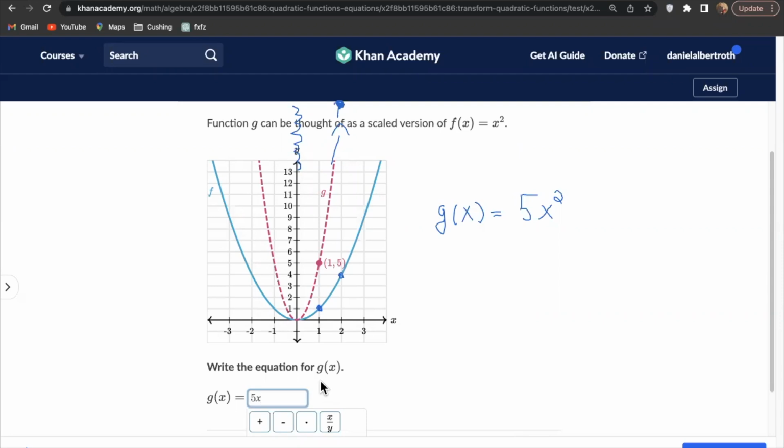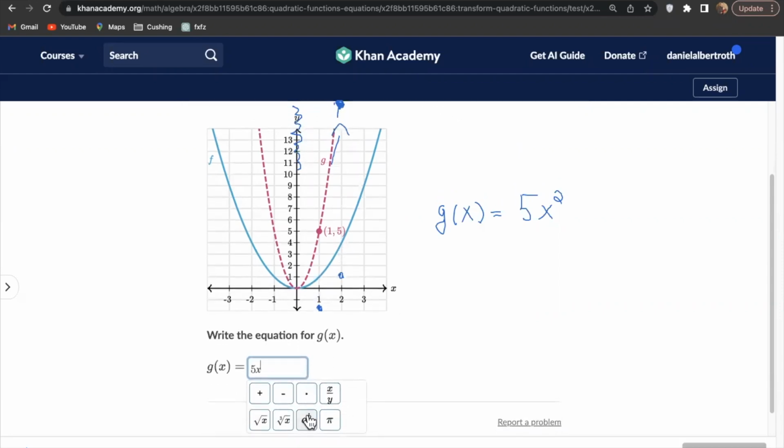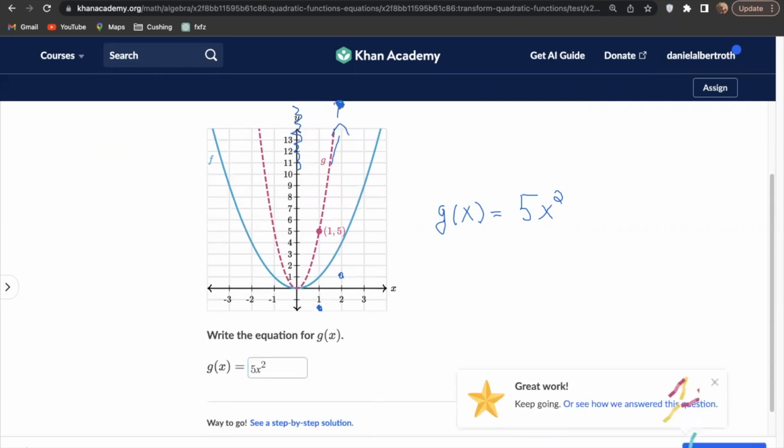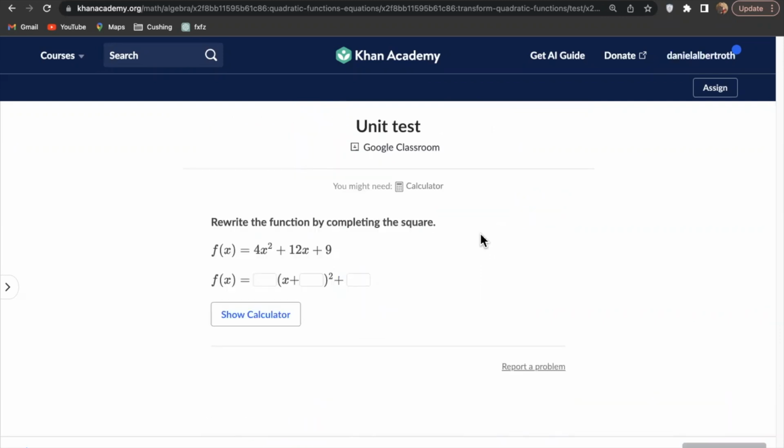So to find the output, it's similar to y equals x squared, but you actually would then multiply it by 5. All right, so this question says, rewrite the function by completing the square. So I'm going to start using completing the square as a method here. We'd seen this at least once before. I'm going to focus on the a and b terms, isolate those. So I'm going to get 4x squared